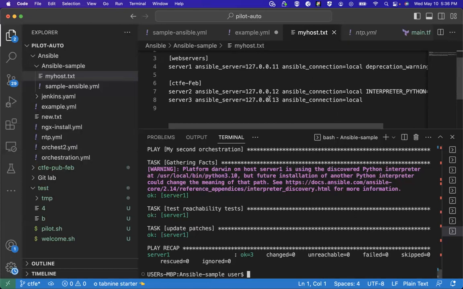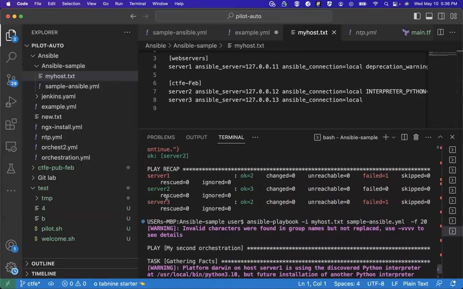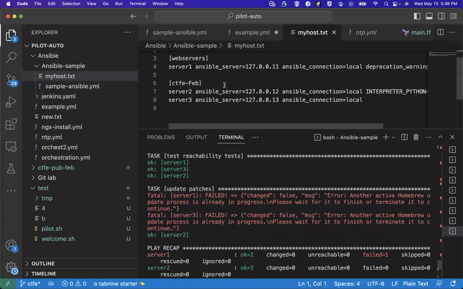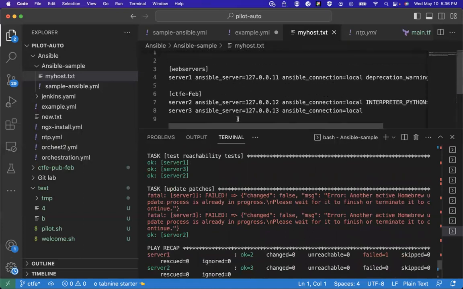Yes. So if we are running update in this nature, it will not work because one update has to complete before the other one continues, right? That was why we had the error we had before. Even if you look at it, one was running, the other had to stop because the other two cannot run at the same time. That is why I said failed. But now what I did, I just reduced the servers to this.